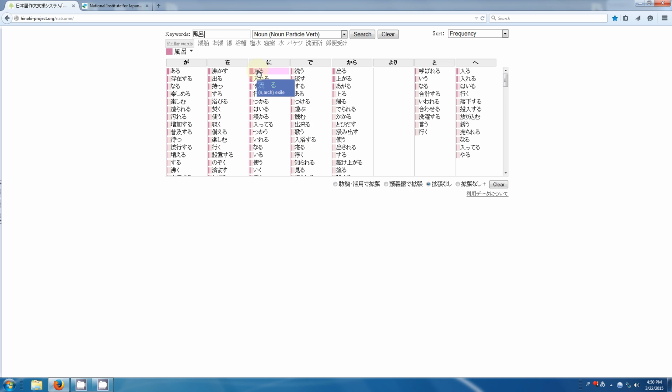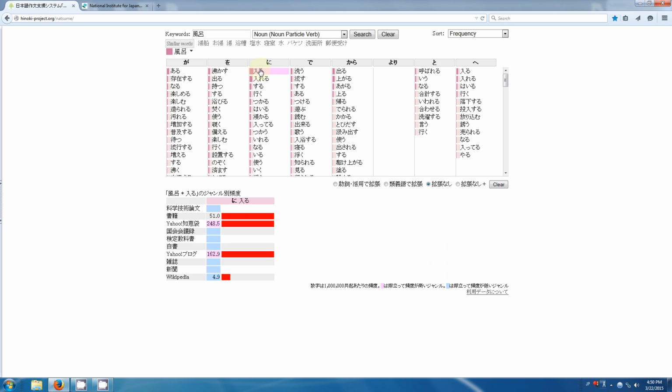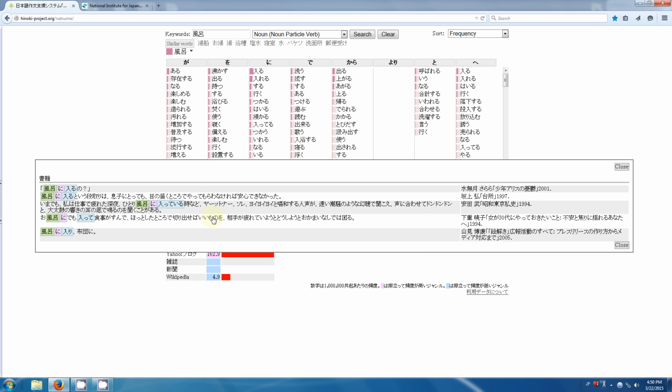Now as you see here, you've got these other things that really don't have a lot of usage, so those are a lot more rare. So what we can see here, if we click on this, we get this information down here which shows us what it's found. So here we can see from books it found quite a bit of usage. I don't know exactly what this number is, it's just some sort of statistic. But if we click on that, we can see some of the example sentences where it found this pattern that